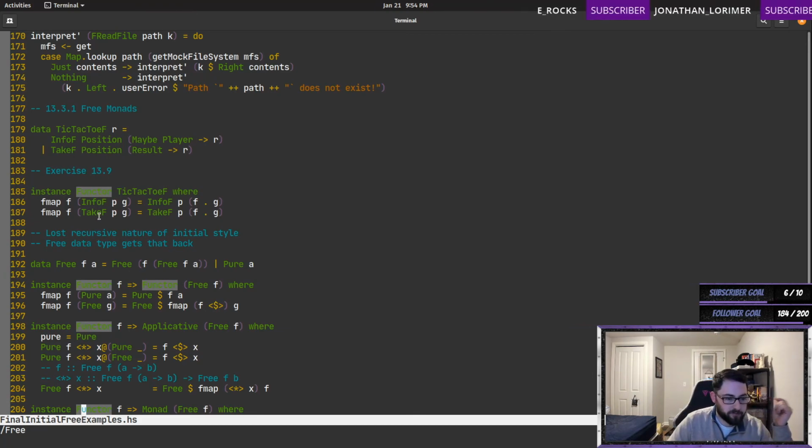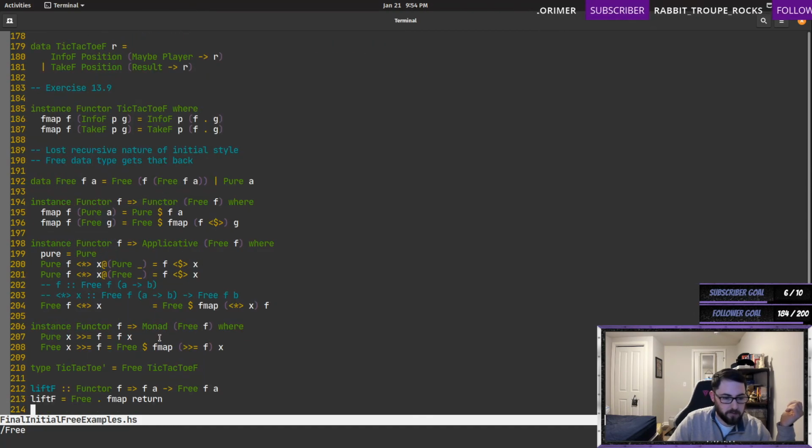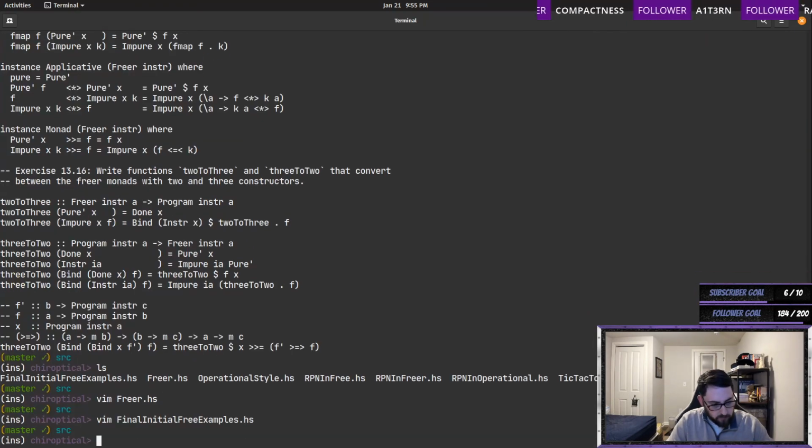And you have to write a functor instance, and then you can define free like this, and then you can define the functors, the applicatives, and the monad for the free data type, and then you automatically get a monad for your tic-tac-toe type. That's kind of the style here. And a freer monad doesn't have this requirement. So in freer,